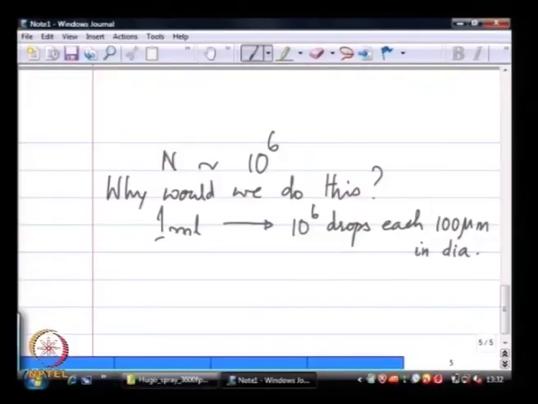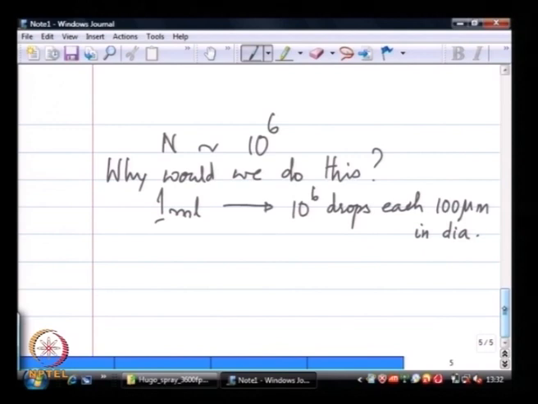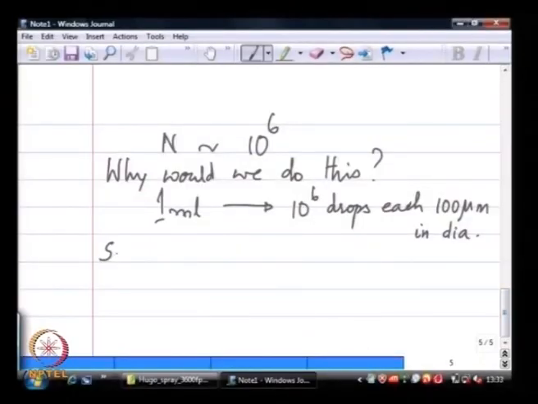Okay. Now, what have we also done in the process of taking 1 milliliter and creating 10^6 drops, each that is 100 micrometers in diameter on average? Okay, the biggest increase has been in the total surface area that is available to the drops. Okay, so, the single reason we do this